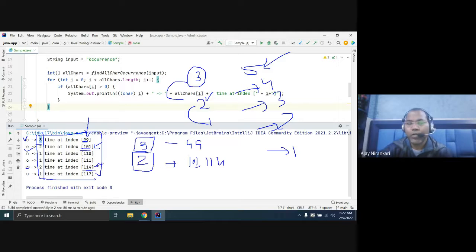And if you find the next max is 1, then you notice 1 has, in these positions, 110, then 111, and then 117.